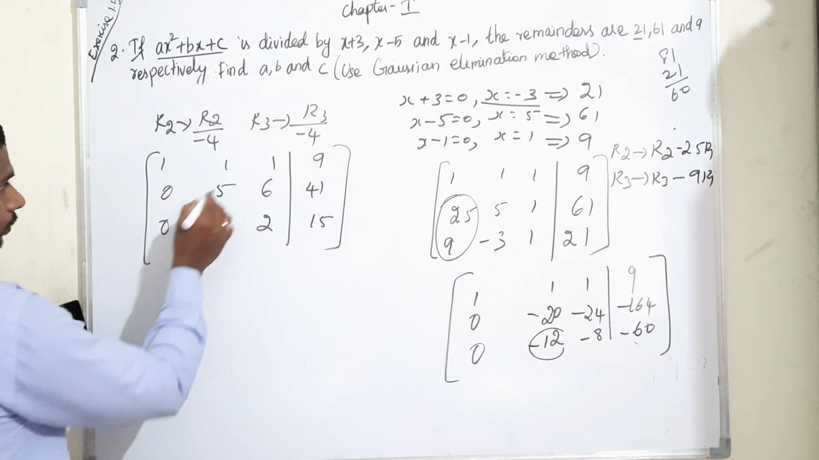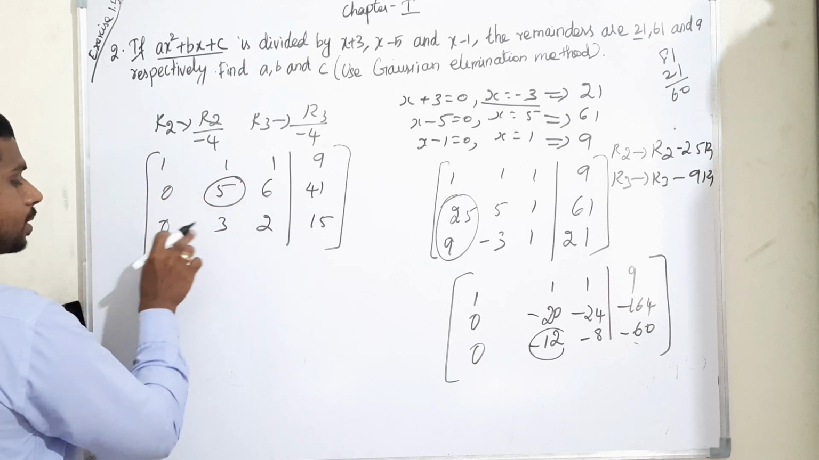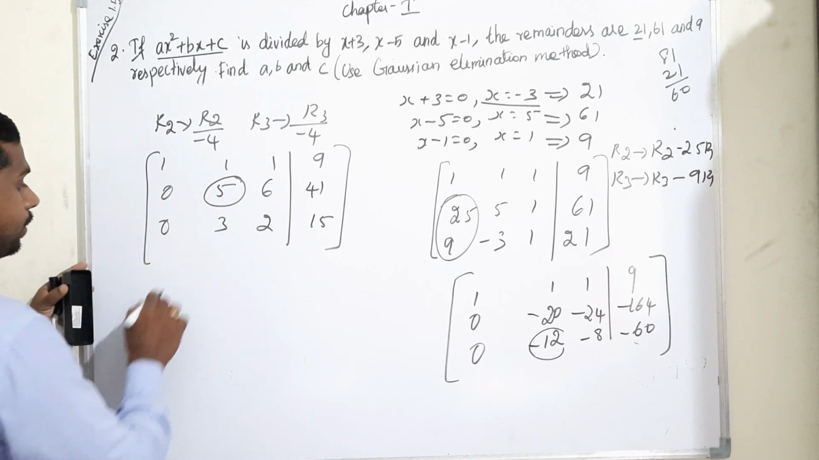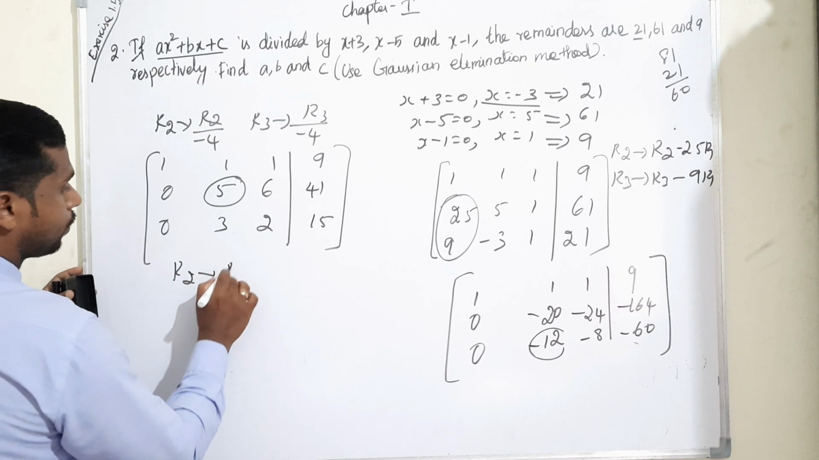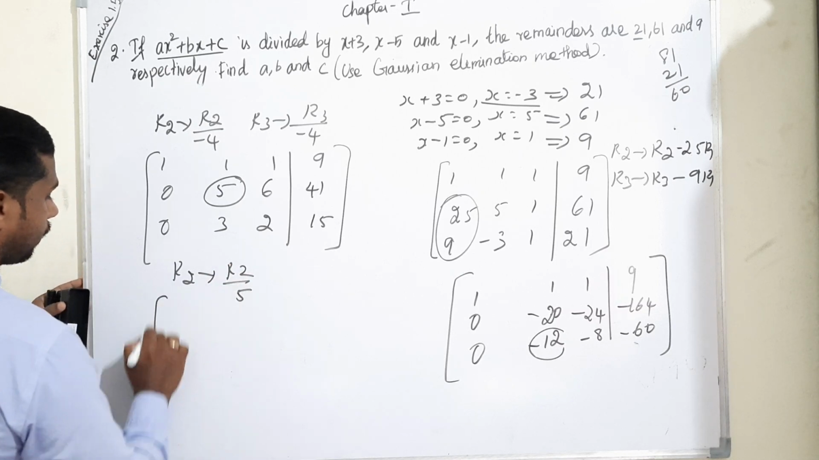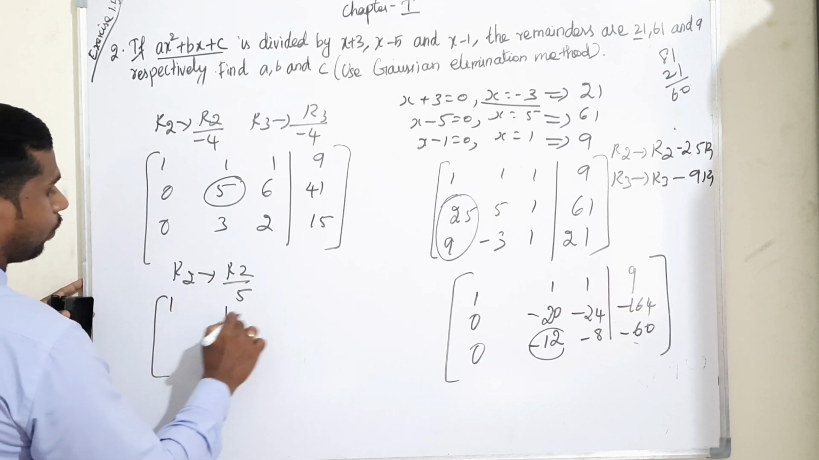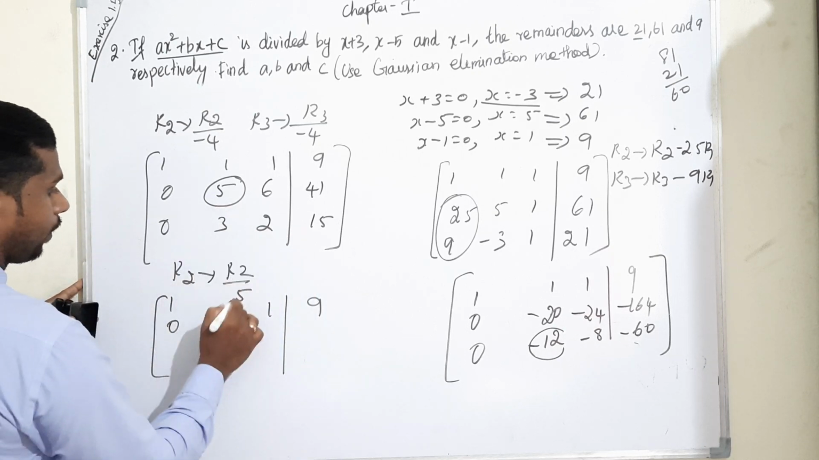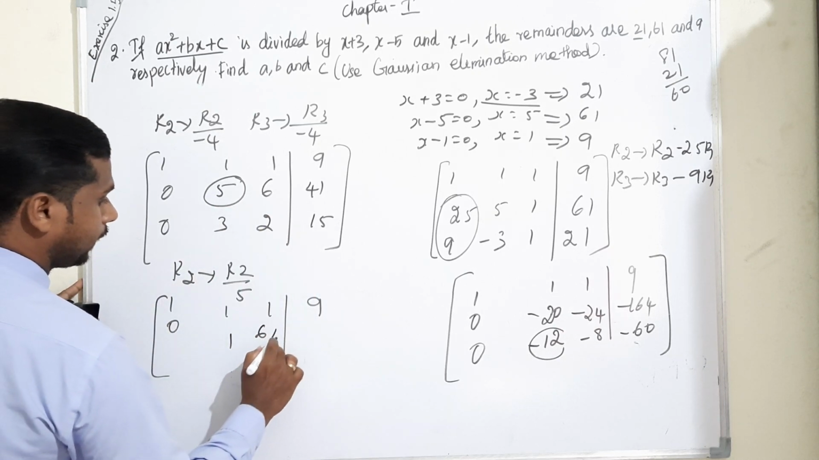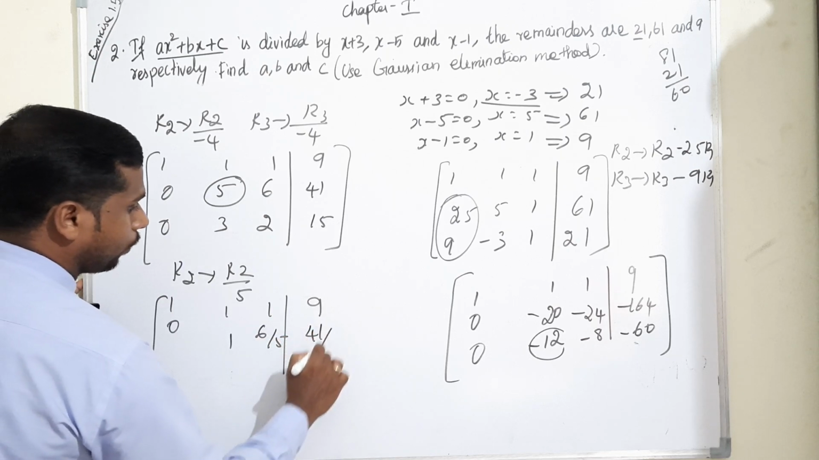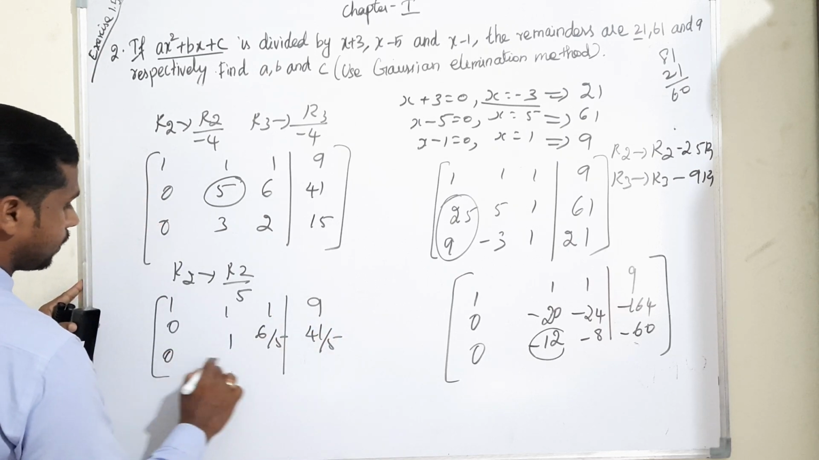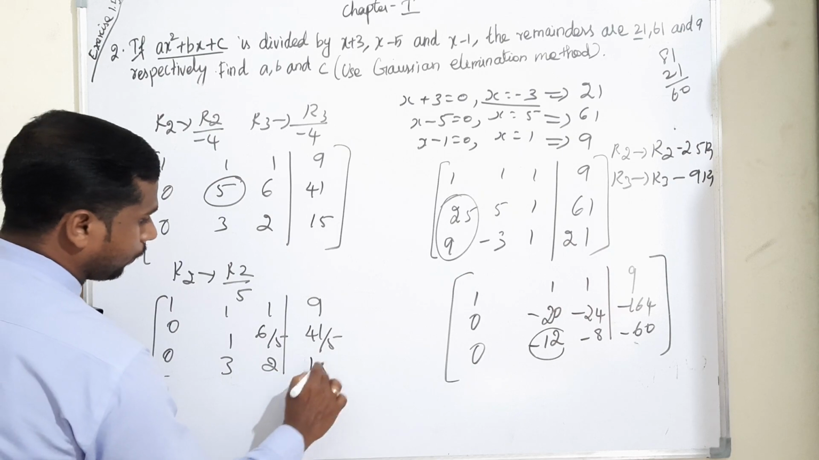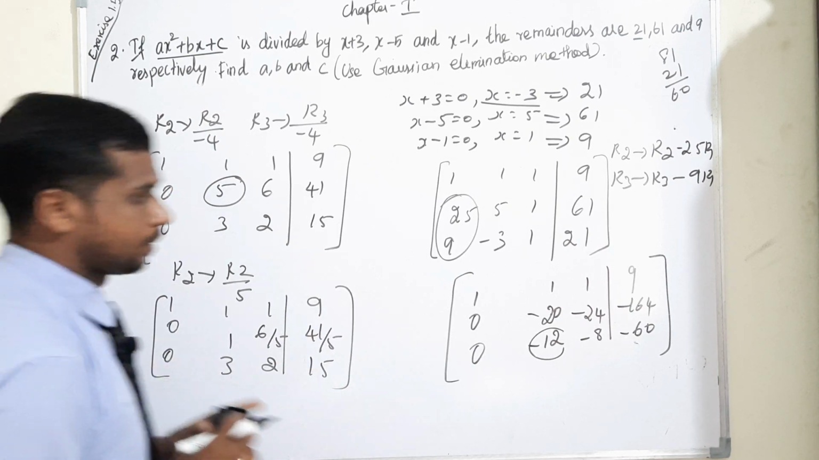Now if you reduce it to 1, it will be very easy to make the next term 0. What we have to do: R2 gives R2 divided by 5. R1 is 1 1 1 9, then 0, 5 divided by 5 is 1, 6 divided by 5, 41 divided by 5. The third row is 0 3 2 15. Next,